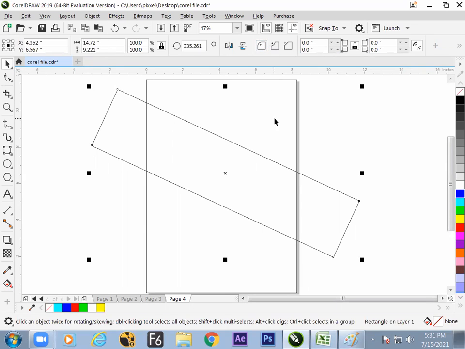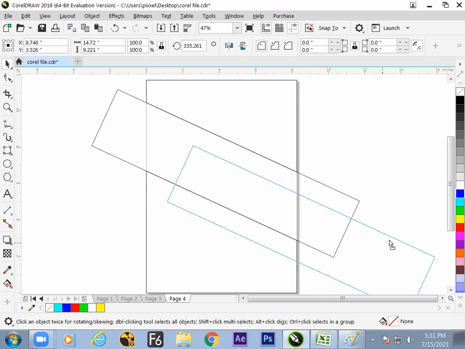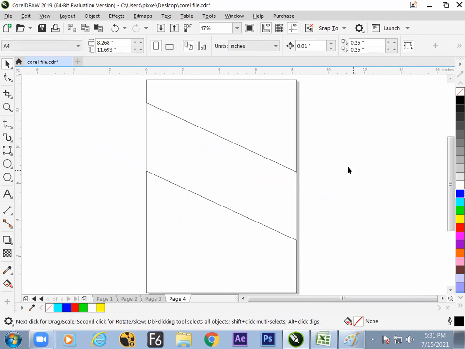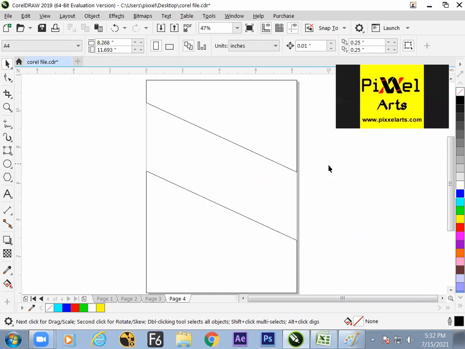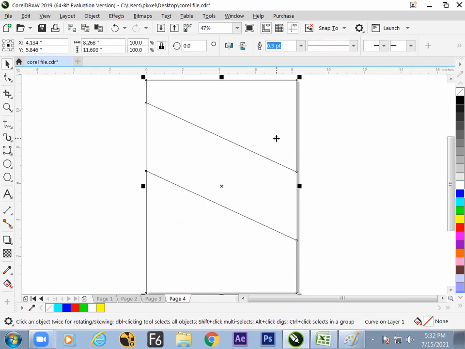We can convert it to curves, or else if you are selecting multiple rectangles together, then you can find these options. Yes, you can break it up by the trimming options. Once the trim is done, the lower object is cut up by the upper object. Hope we got to know how to cut an object. Is it okay? So we have seen how the in and out works with the help of click and trim.